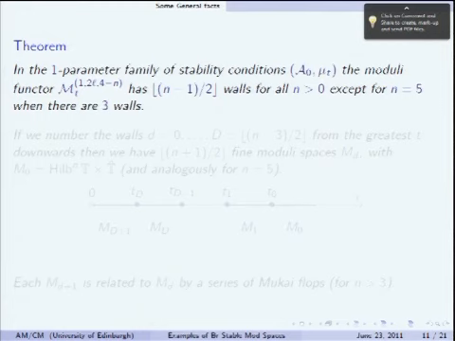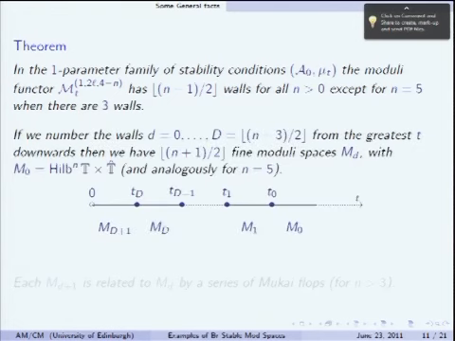For n positive. Notice when n is 1 and 2, that equates to 0, so there aren't any walls. Except when n is 5, when I get an extra wall. That's a really curious thing. So the number of walls is 0, 0, 1, 1, 3, 2, 3, 3, 4, 4, 5, 5, and so on. It's really curious, and rather unexpected, I have to say. Just to try and picture it, if we number the walls 0 up to this number minus 1, because I'm starting at 0, backwards from the top wall,